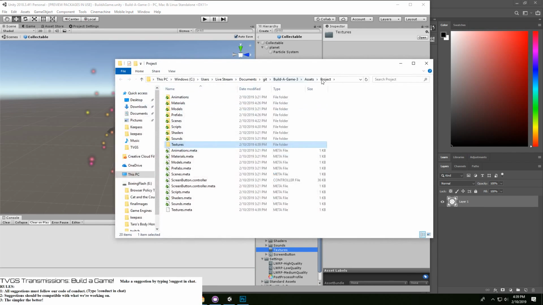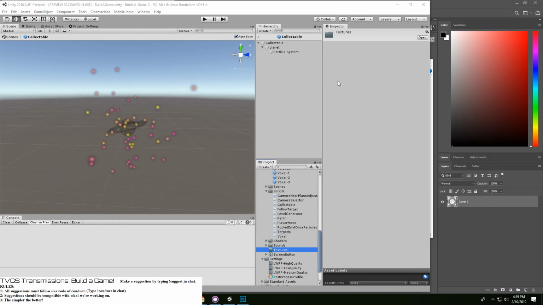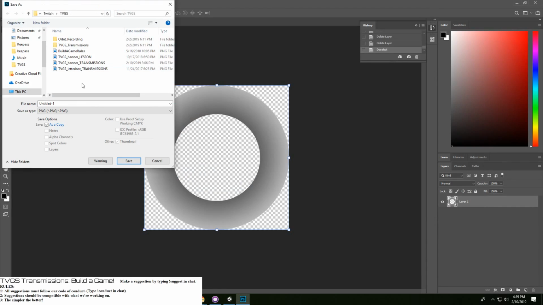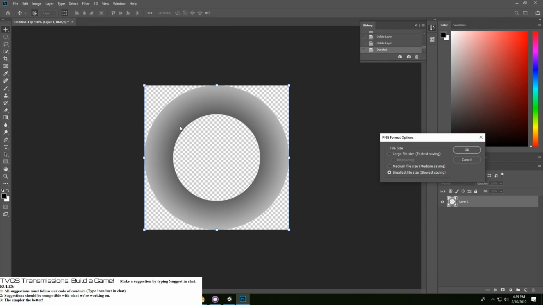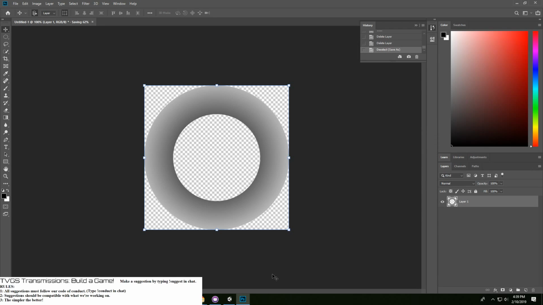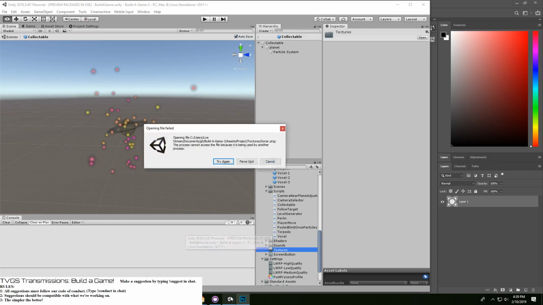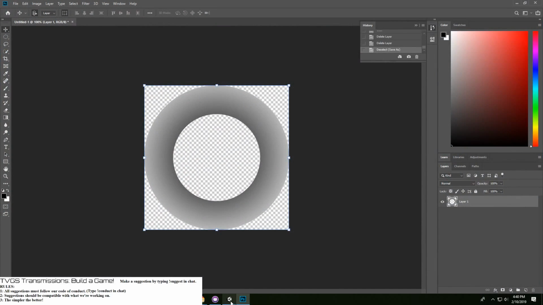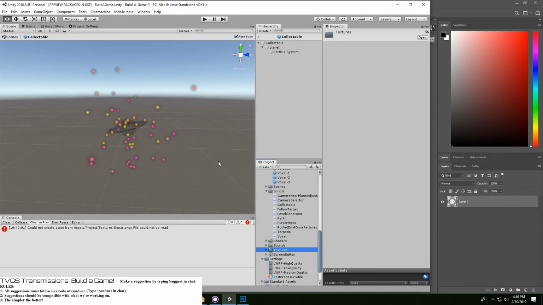Show in Explorer. This whole long URL right here, and we want to open that there, and drop our texture and call it sonar. Oh, okay. Note to self, don't try that again.